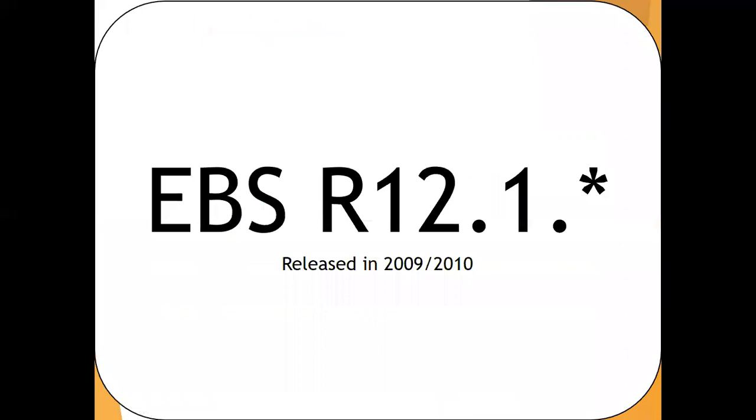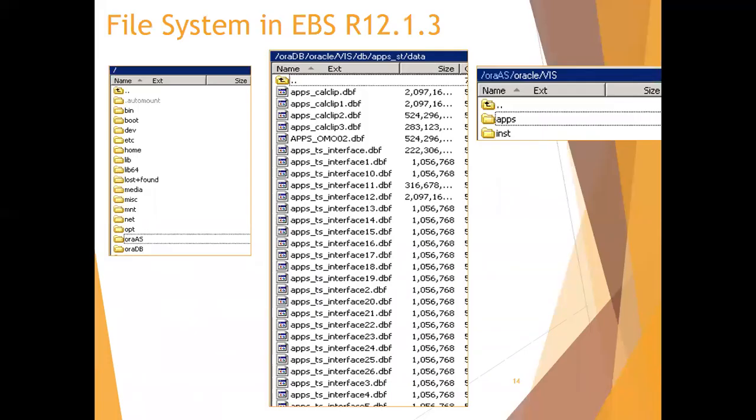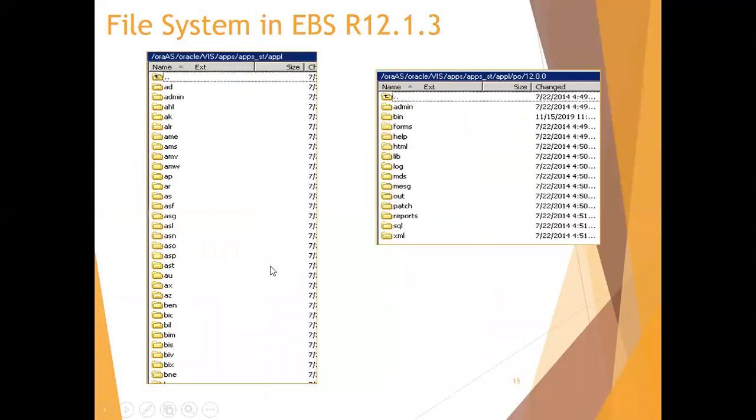Okay, so coming to the 12.1 version. As I said, this is an example, this is my folder structure of my Unix of my EBS environment, where IAS is for the application server and DB for the database server. This is the Apps top stuff. And here, if you observe, these are the set of folders generally available in any of your product tops. I mean to say, any product, like Purchasing, General Ledger, or Cash Management, anything you take, it will have these set of folders.